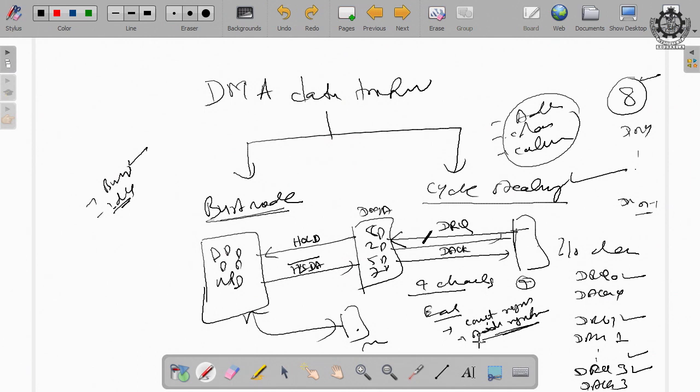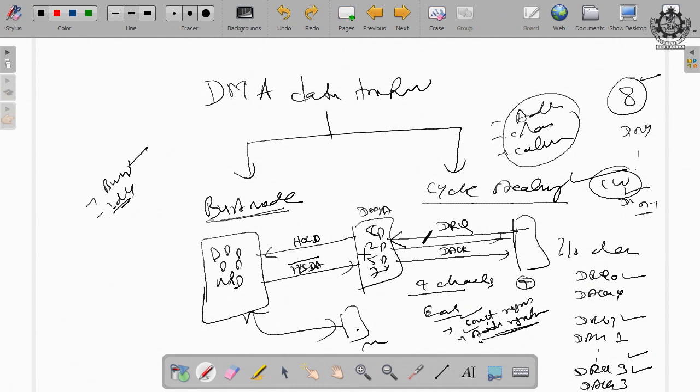And to select each of these count registers and address registers, we need a control word. Just as we found the control word for 8255, similarly here you have to decide a control word for 8257. And once you select the control word, then you can select a particular count register and address register and load the values of the count and address on these registers by programming the DMA.